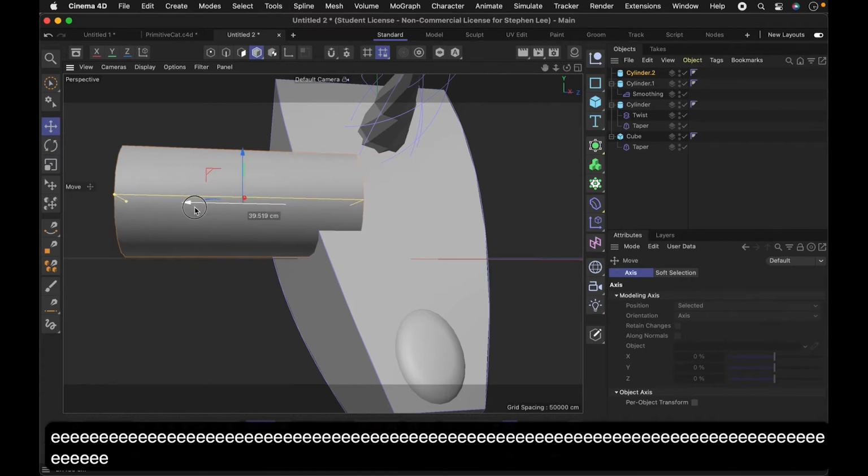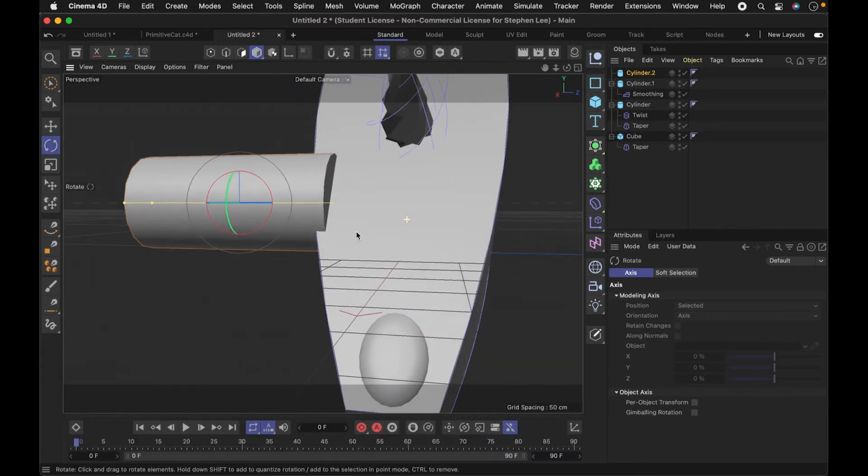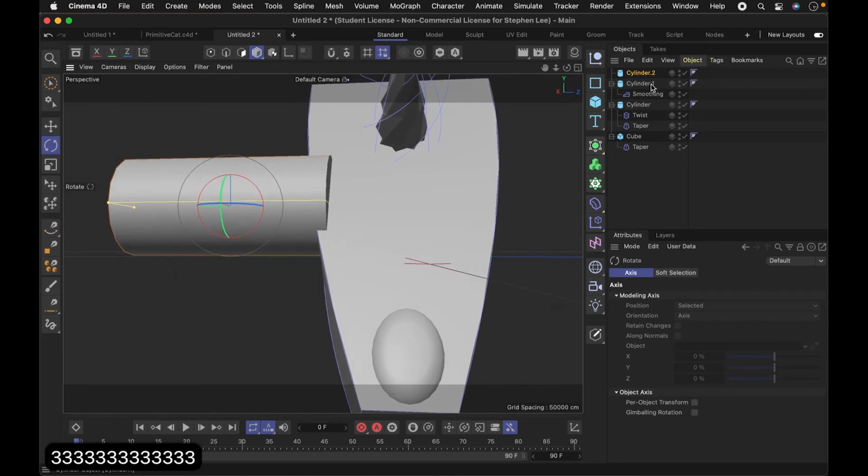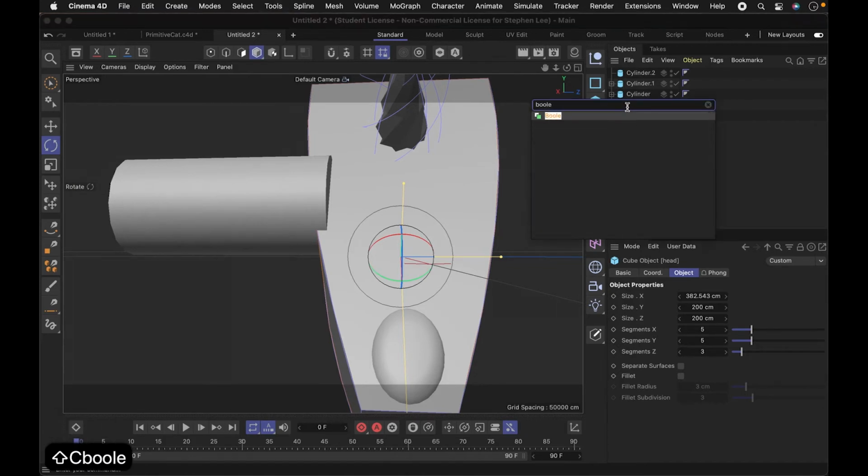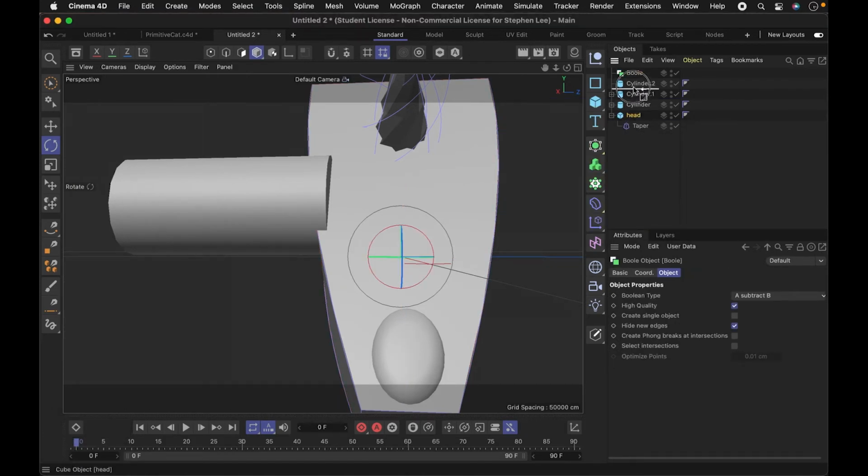Maybe I need to have an eye hole kind of taken out from here. So let's see, this is the head. I'll use a bool to subtract A minus